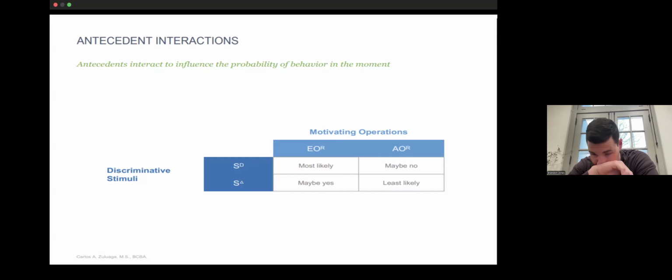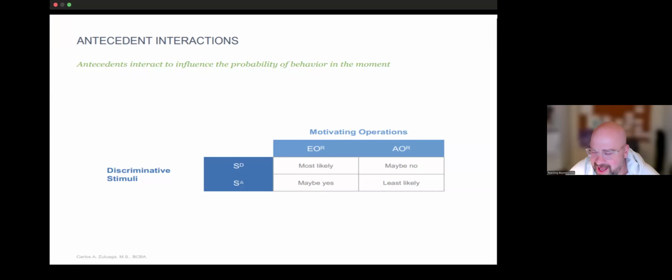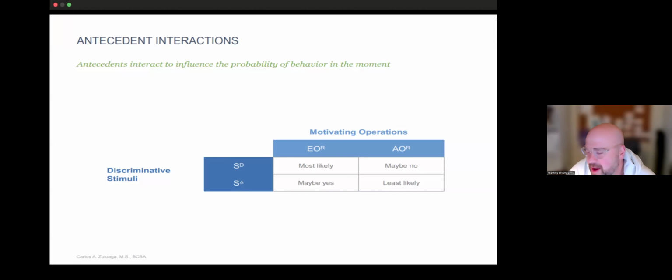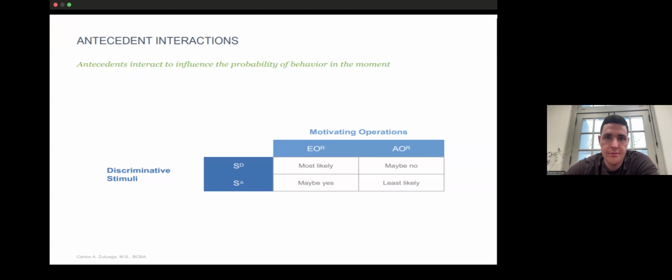Gotcha. And if we don't have to use the bathroom and there's an out of order sign, I'm the least likely to use the bathroom. Yeah, I would hope so. It's kind of funny to say, but that idea hits home: I'm not motivated to go. I just recently went, maybe, and it's also the bathroom's out of order. So when those two things line up, I'm the least likely to engage in that behavior. Gotcha, that makes sense.